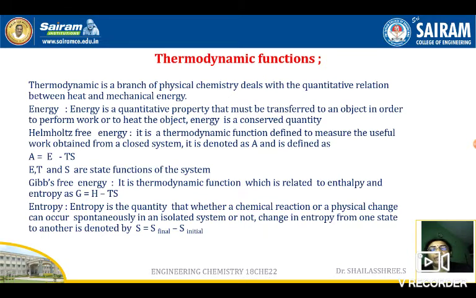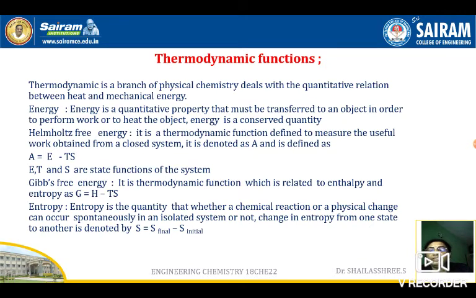It is a thermodynamic function defined to measure the useful work obtained from a closed system, and it is denoted as A and is defined as A is equal to E minus TS, where E, T and S are state functions of the system. And coming to the Gibbs free energy, it is a thermodynamic function which is related to enthalpy and entropy as G is equal to H minus TS, and entropy is a quantity that